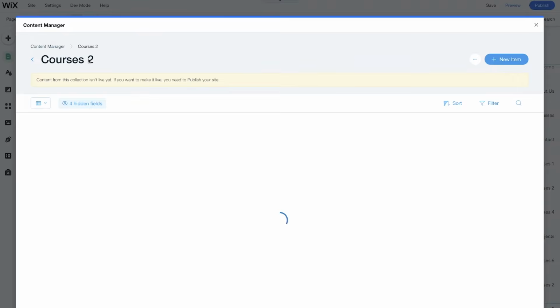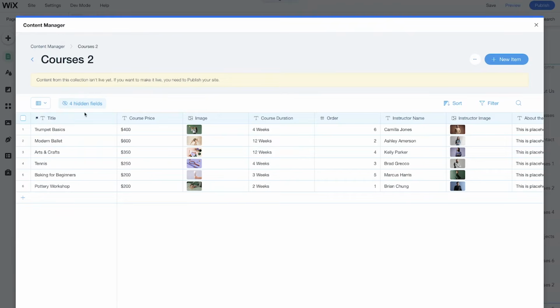Once you install a preset, you'll be taken to your content collection, which looks like this. This table represents your dynamic pages content. Each row contains text, images, and other information about my yoga classes. This info is displayed on both my classes list and each individual class page. You'll see that collections come with sample content built in, which is fine for now. I'll replace it later on.